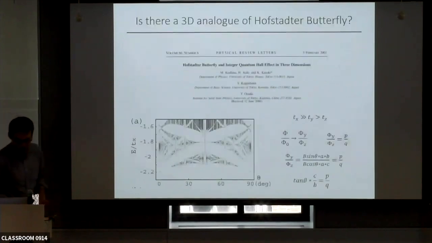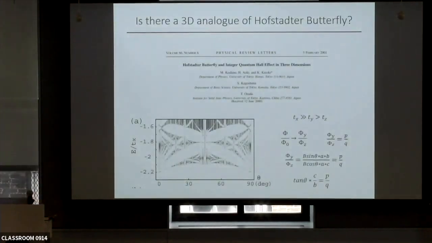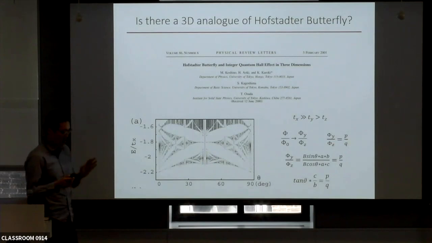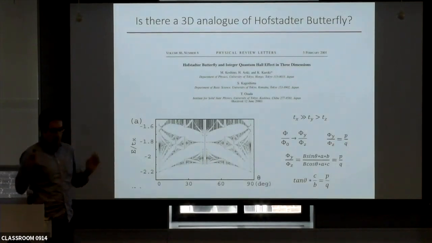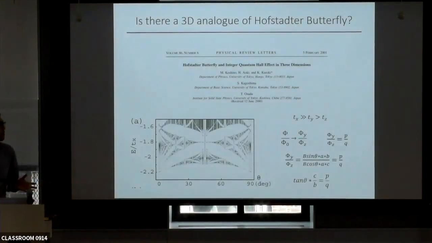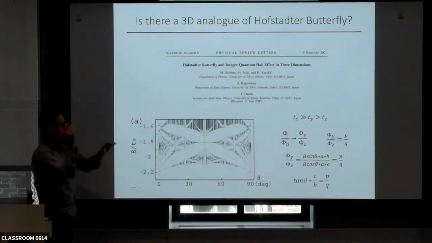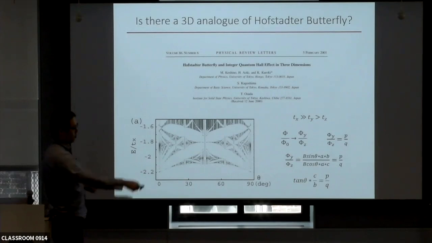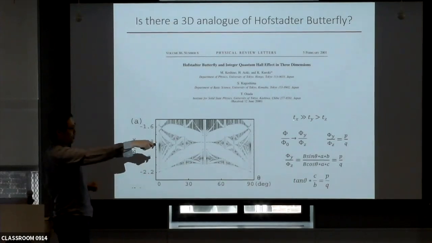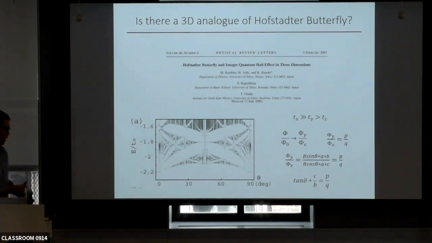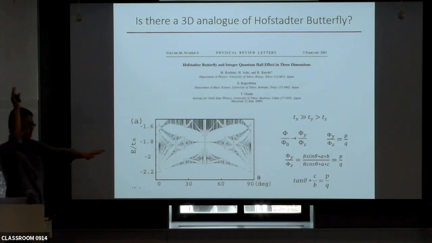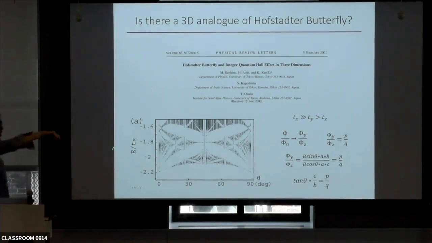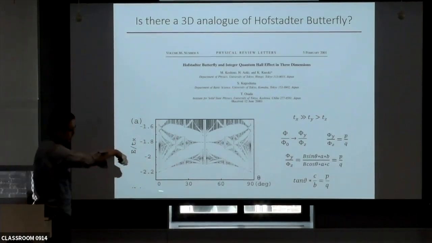In fact, in 2000, there's a paper by Kosino et al. that calculates the situation of a three-dimensional Hofstadter butterfly, where you have a highly anisotropic dispersion. This fits into our system, where x direction hopping is much larger than y direction hopping, which is much larger than z direction hopping. In the right condition, we apply a large magnetic field, and as a function of angle, you can reproduce the whole Hofstadter butterfly spectrum.